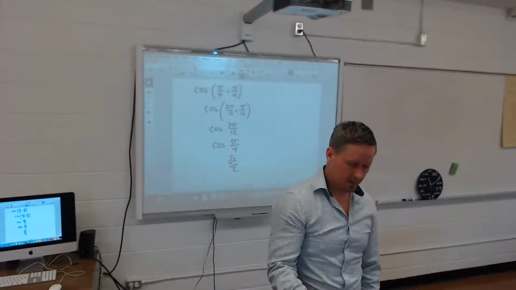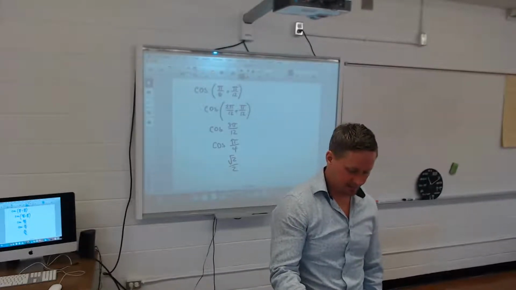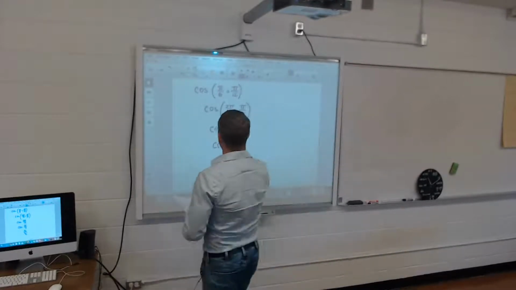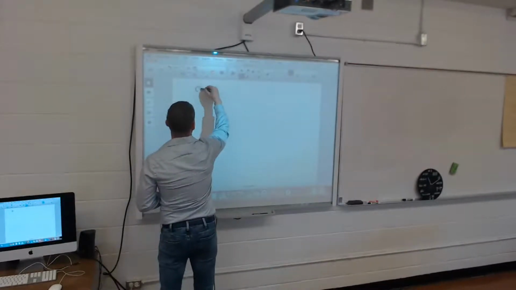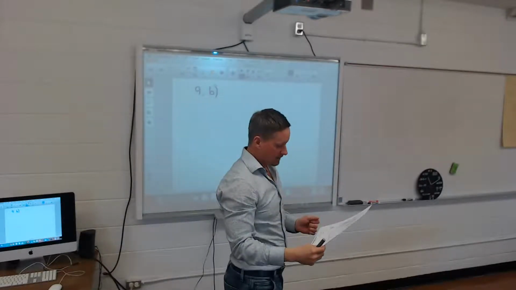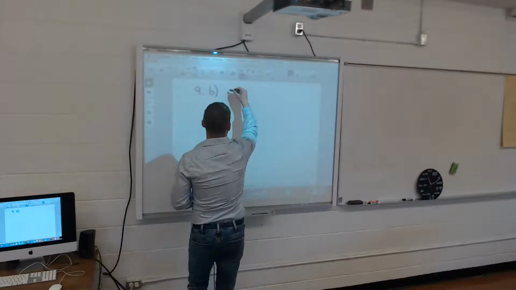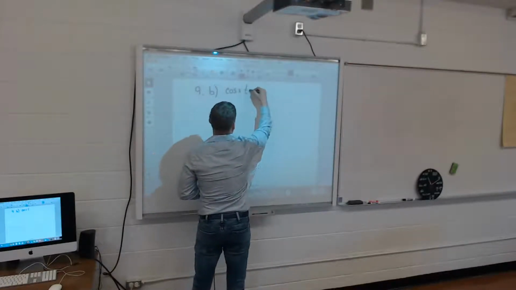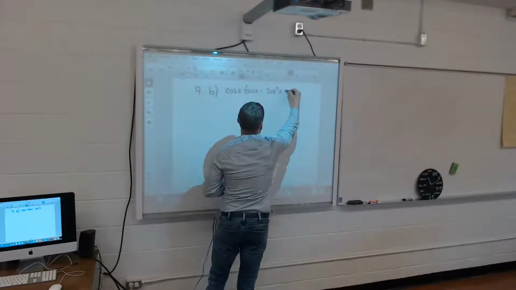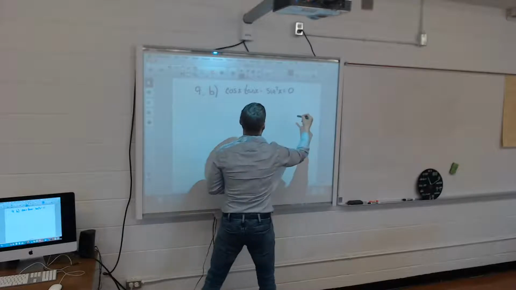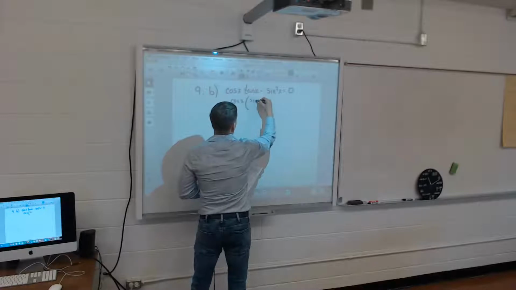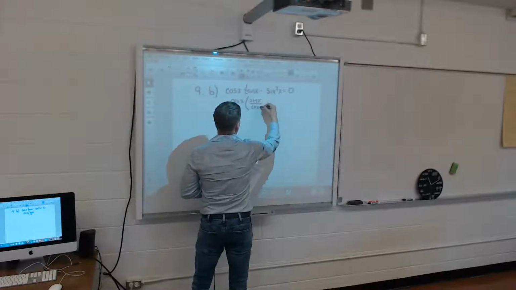And the last one I'll look at is the one at the very bottom, the last question, 9b. So 9b, I've got cos x tan x minus sine squared x equals 0. So if I switch this to cos x, and then this is sine x over cos x,